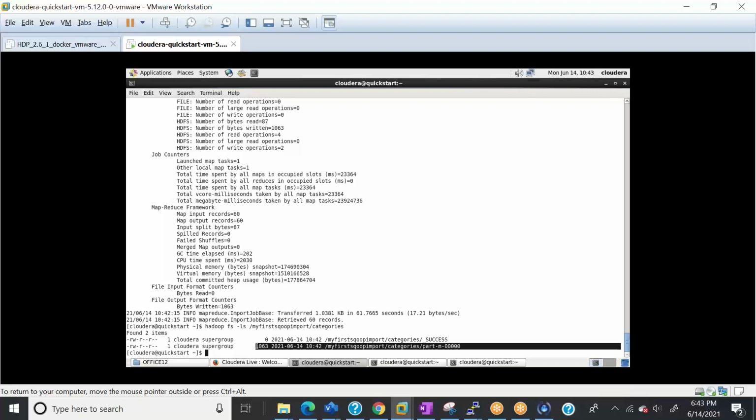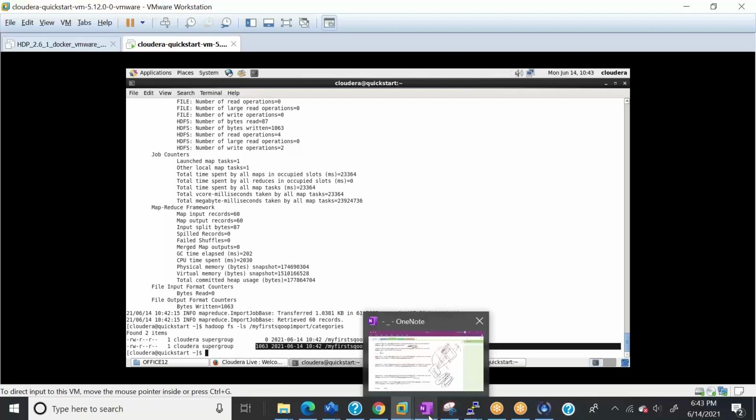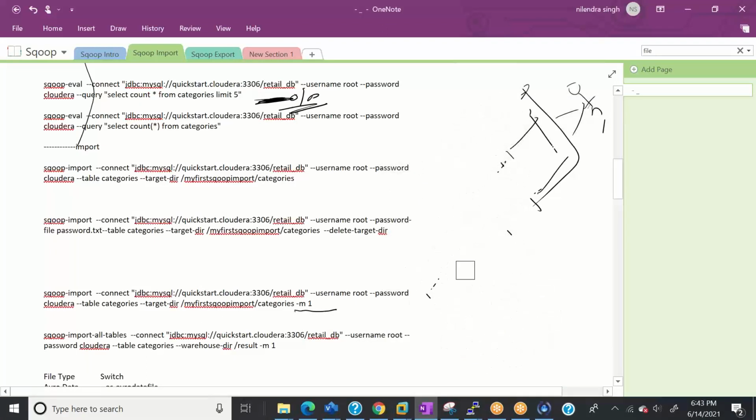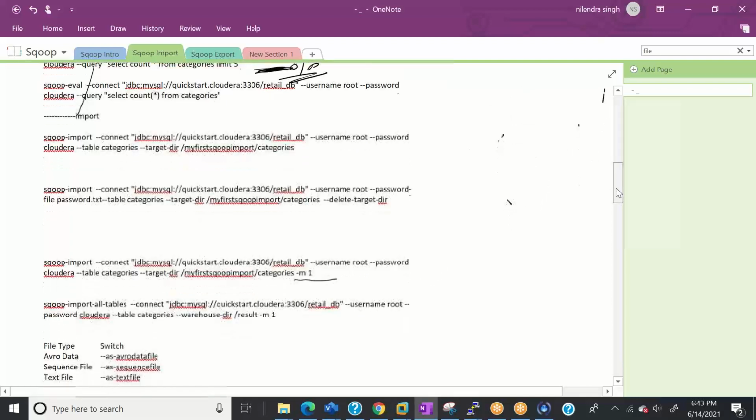The number of mappers is equal to the number of output files in Sqoop, and therefore only one file is there. If I'm going too fast, please let me know in the chat box. Okay, so this is good.